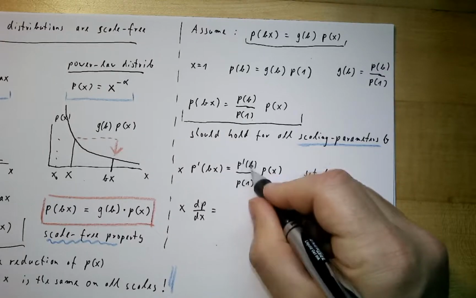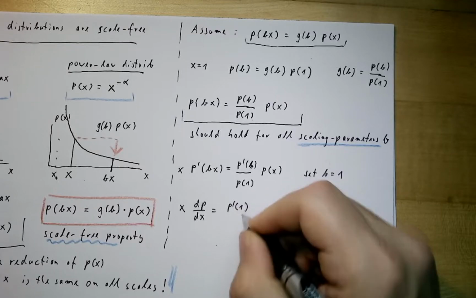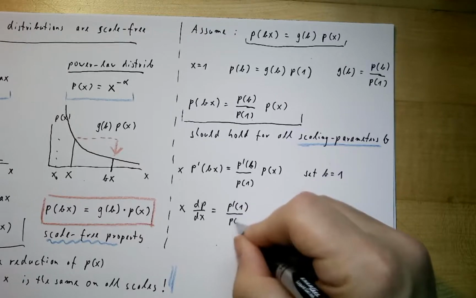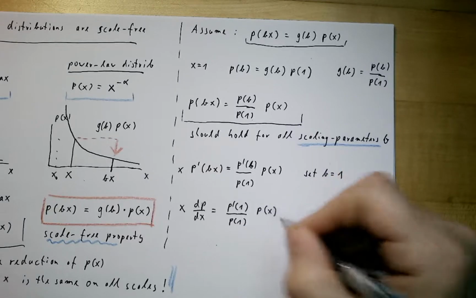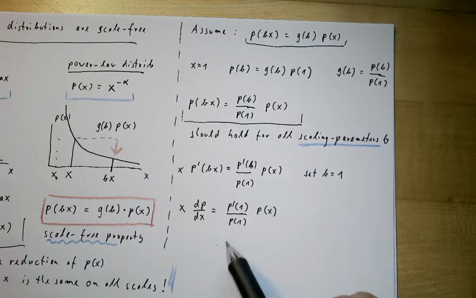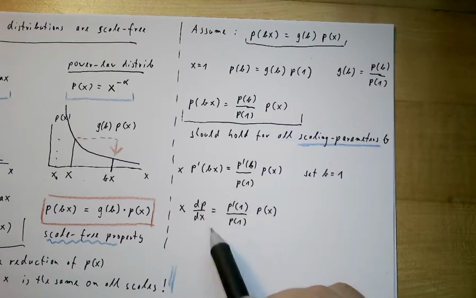Here we have again the derivative at the position 1 divided by p of 1 times p of x. And so now by this kind of magic we have obtained a differential equation for our probability distribution